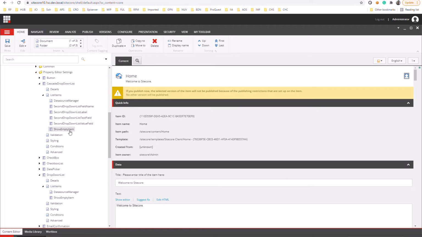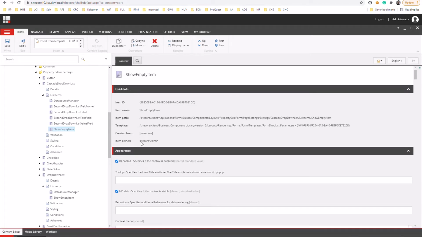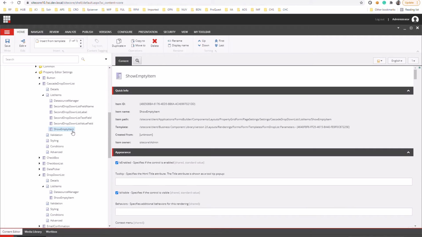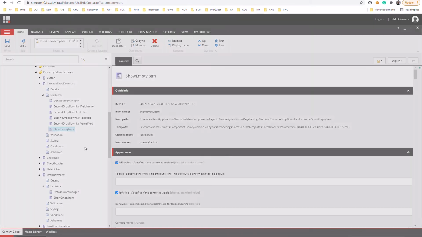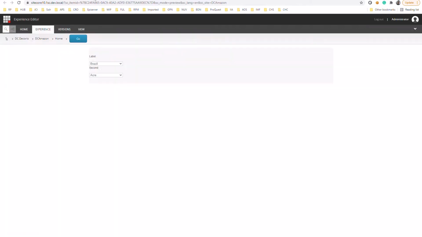Let me show you how we can create these properties. This is the show empty item, and this is a form drop list parameter. What I did is create a copy of this one; you can duplicate it to get a copy of the existing one, and I have given it the names drop down list text field and drop down list value field, because for the second drop down list, we need to fetch the values from the Sitecore items.